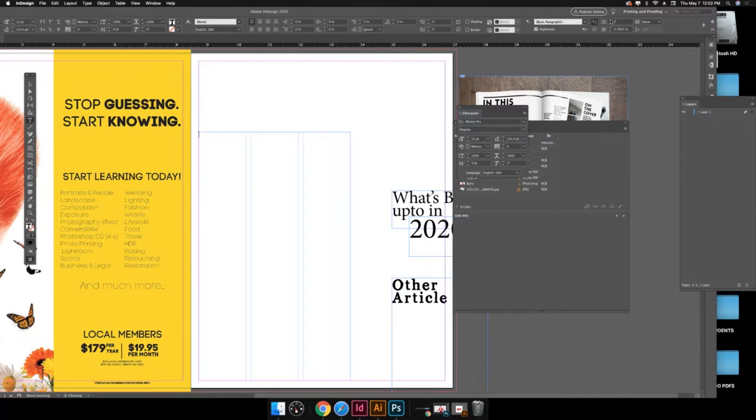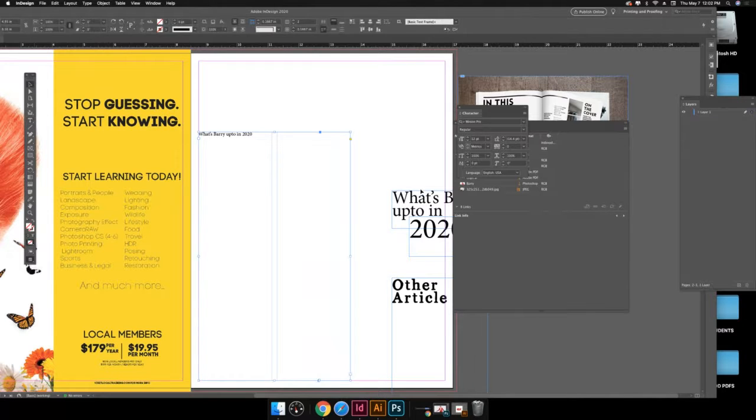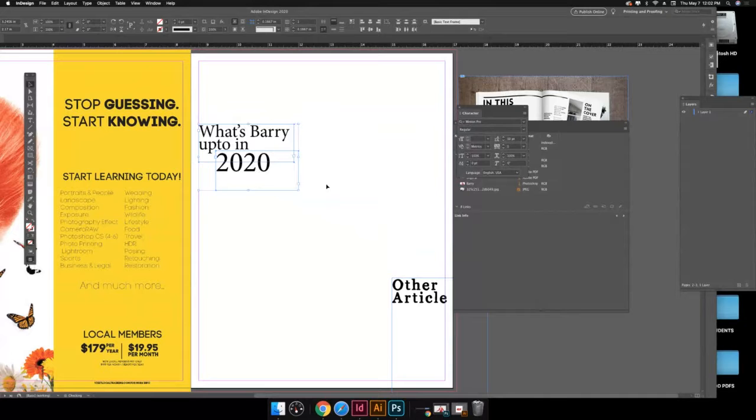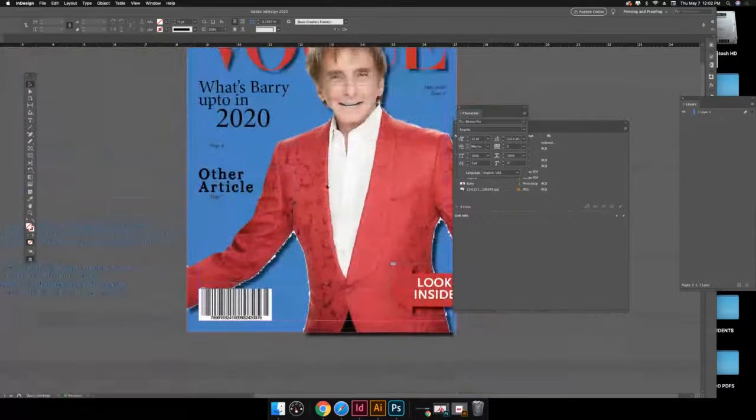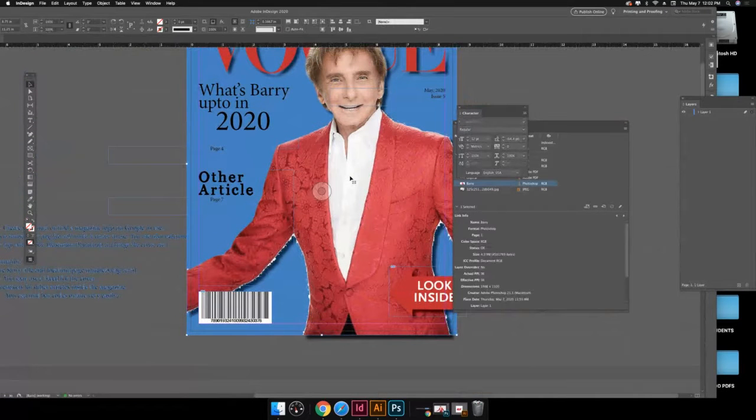2 columns, 3 columns, 4 columns, 5 columns, however many columns you want. I probably wouldn't go any more than 4. But on a table of contents, you may just want 1 column. But I'm going to put 2 columns, and I'm going to put what's Barry up to in 2020. I could even use this same thing. In fact, I will. Let's get rid of that. I could do this. I could take his title, the page number. I could even take the picture, copy,